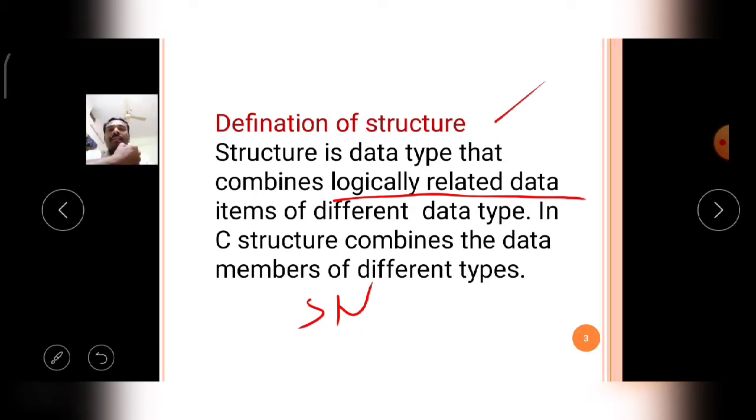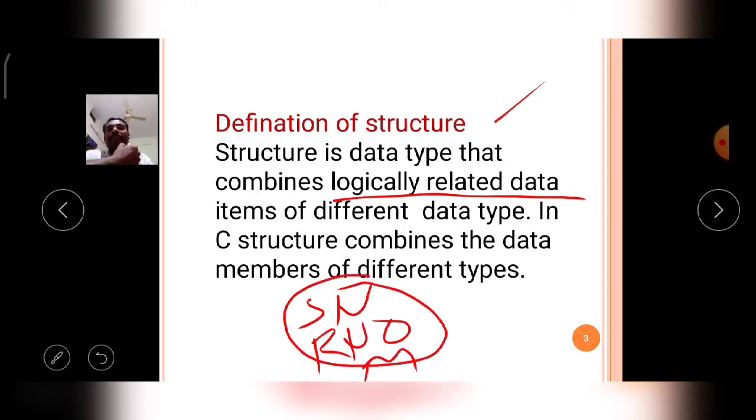For example, if you take the student name, then student roll number, then marks, these three pieces of information are logically related. A student has a student name, a roll number, and some marks, a percentage of marks.